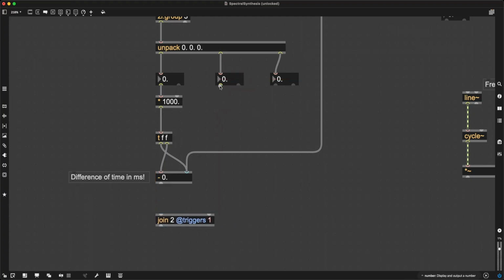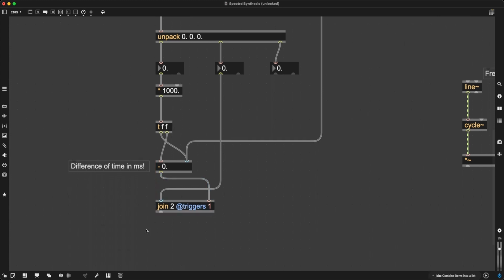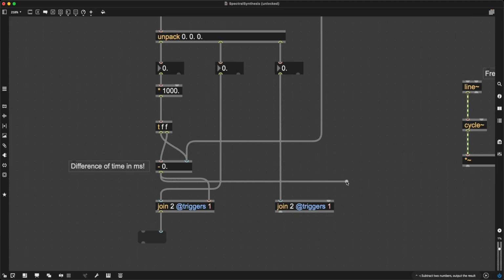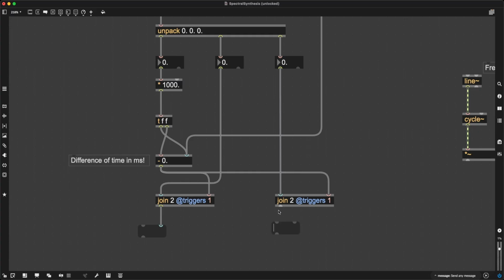Right, so if I now do this, frequency in the first inlet, difference of time in the second inlet, then I'm going to get the combined message that is first the frequency, then the amount of time to get to that frequency. I can do the same for the amplitudes. I can take this, plug it in the first inlet, and then again take the exact same difference of time. Remember, these are all coordinated, and put that into the second inlet, and that is also going to give me